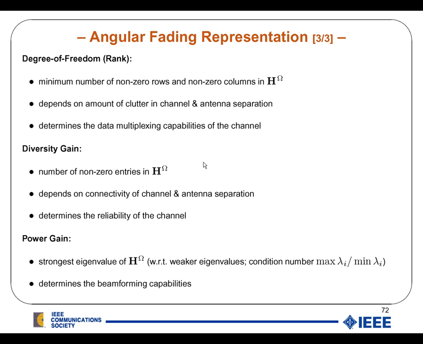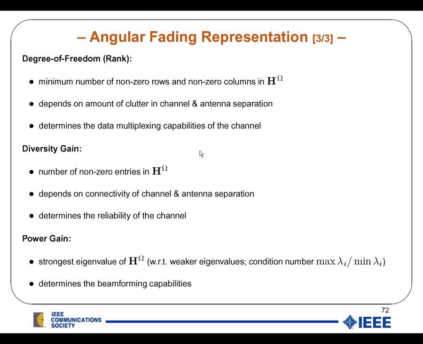First of all, the rank of that matrix. The rank, which gives us the degree of freedom, is the minimum number of non-zero rows and non-zero columns in H omega. It would depend on the amount of clutter in the channel and the antenna separation, meaning if you have a lot of clutter, you are likely to have a large rank, so a high degree of freedom, and it determines eventually the data multiplexing capabilities of the channel, so it tells you what data rate this channel can